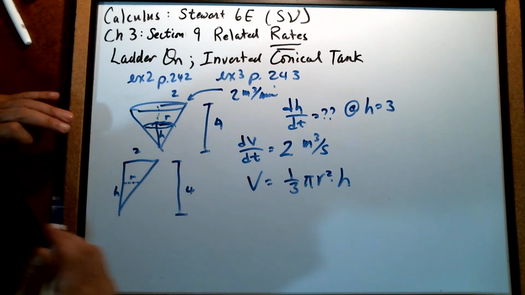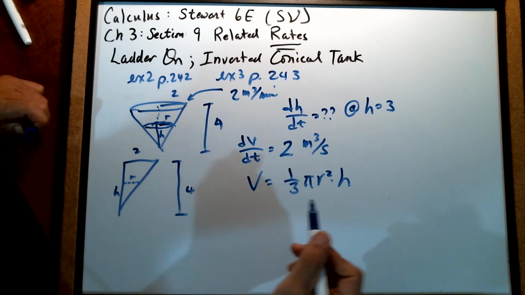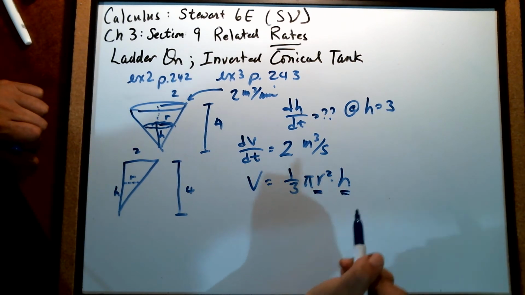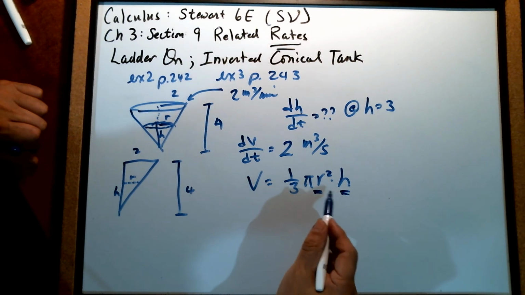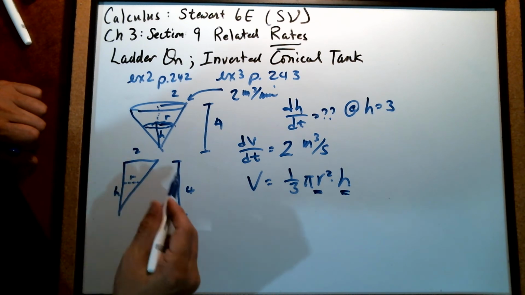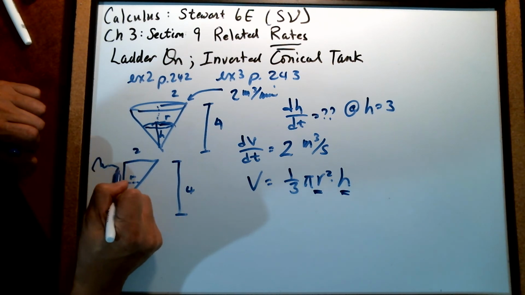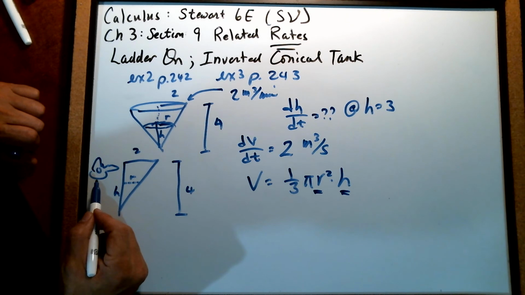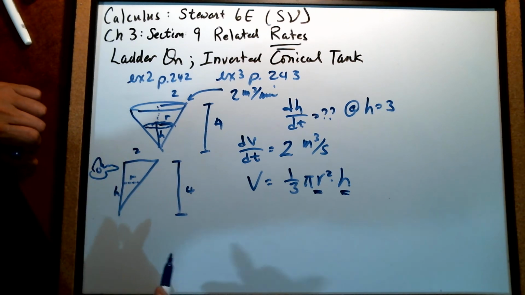So before we do this, there are 2 variables. The radius is changing and the height is changing as well. So you want to try to get it in terms of one variable if you can. And to do that, this is where the little trick comes in. See this right here? That's a key. Keys open the door to knowledge. If you don't have these keys, you're going to have a difficult time solving this problem. So